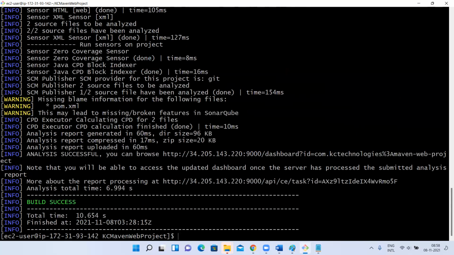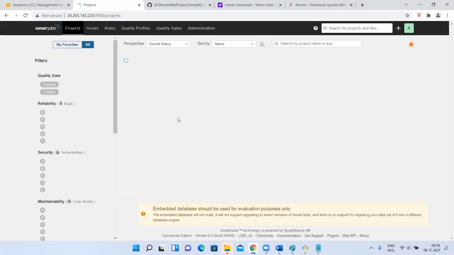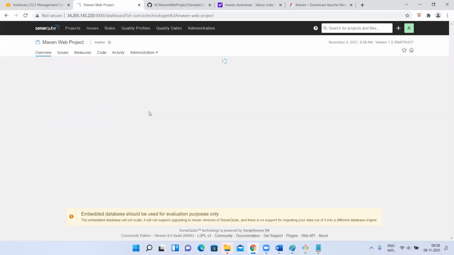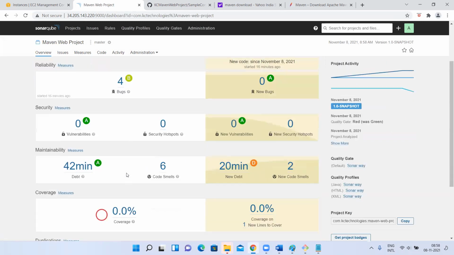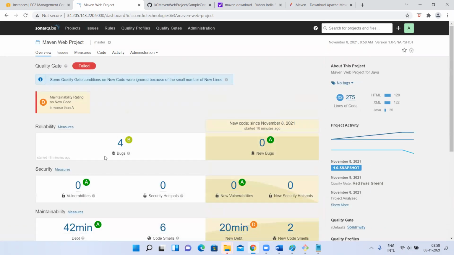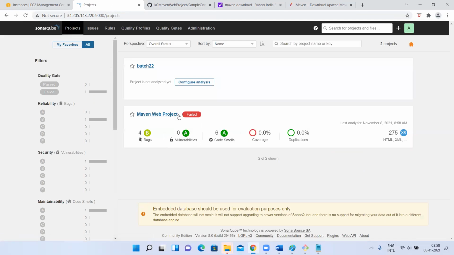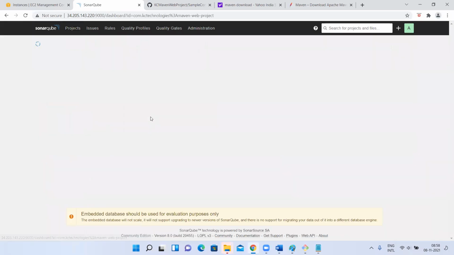Okay, now let me go to my SonarQube projects. Just refresh it. It's already refreshed. If you want to refresh, you can refresh like this again. Go here. So it is saying still failed, still failed. Let me refresh. It's failed, but let me go back once again. It has failed. It is showing the previous status or this one. So let me get into this project.